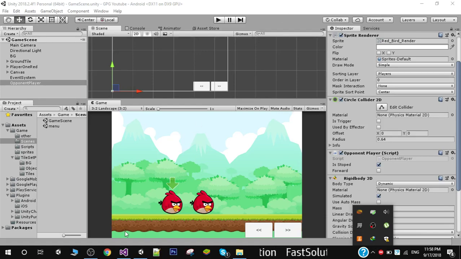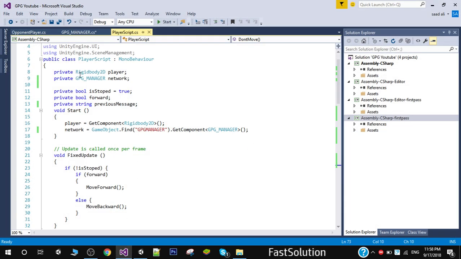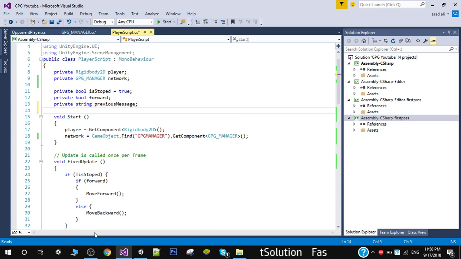In the previous video I wrote this player script so that we can move our player left and right. So now in this video we are going to send and receive messages on the network to sync our player movements on two screens. I have already done